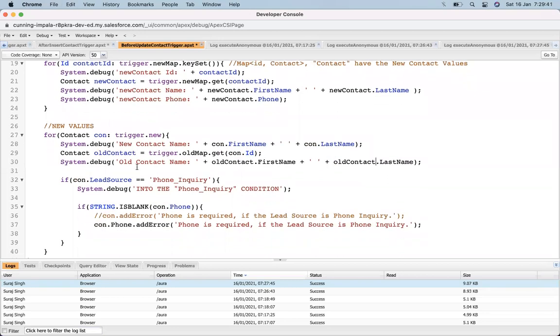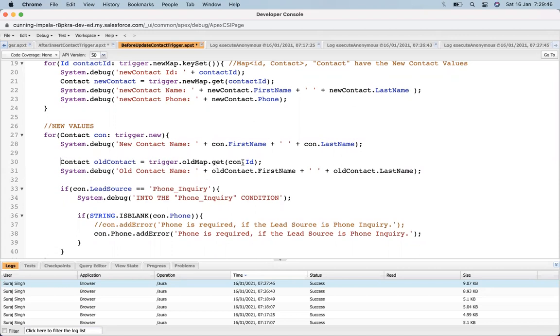On the basis of con.id, I can get from the Trigger.oldMap the old contact values.